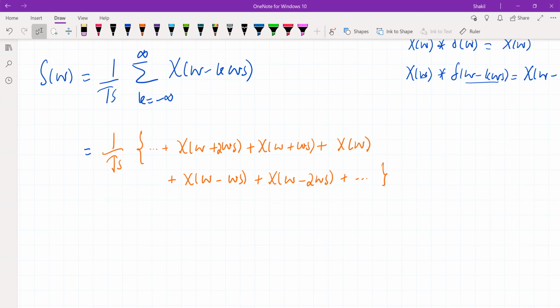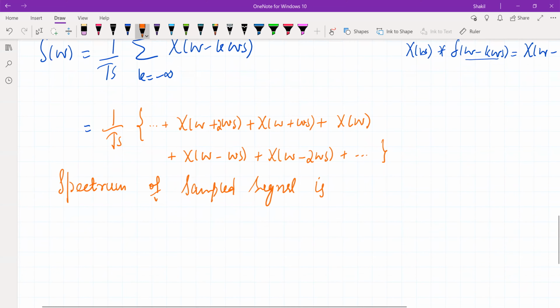This is simply saying that the Fourier transform of the sampled signal, meaning the spectrum of the sampled signal, is given by an infinite sum of shifted versions of the original Fourier transform, or original spectrum. So the spectrum of the sampled signal is simply the infinite sum